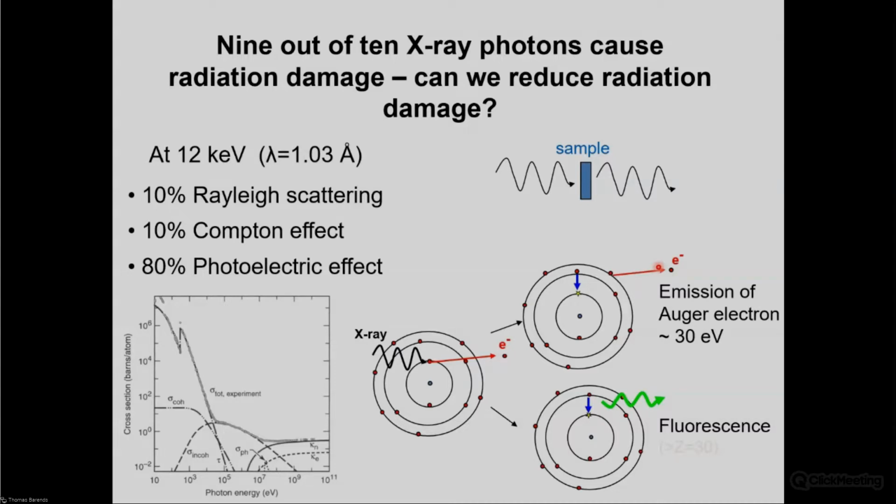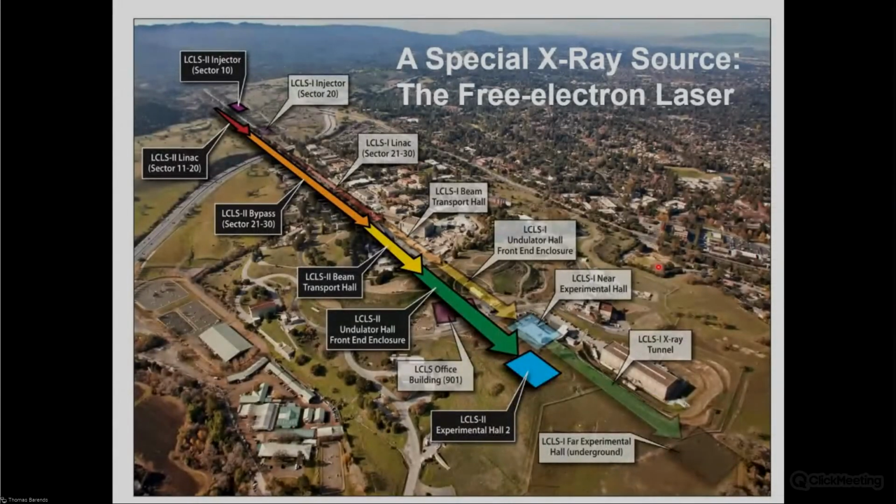And with these free electron lasers, both these improvements can now be made. So what is a free electron laser? It's a very, very special X-ray source. The one shown over here, I got this picture from the Linac Coherent Light Source at the Stanford Linear Accelerator Center. This is a former electron accelerator for particle physics. And what they've done,